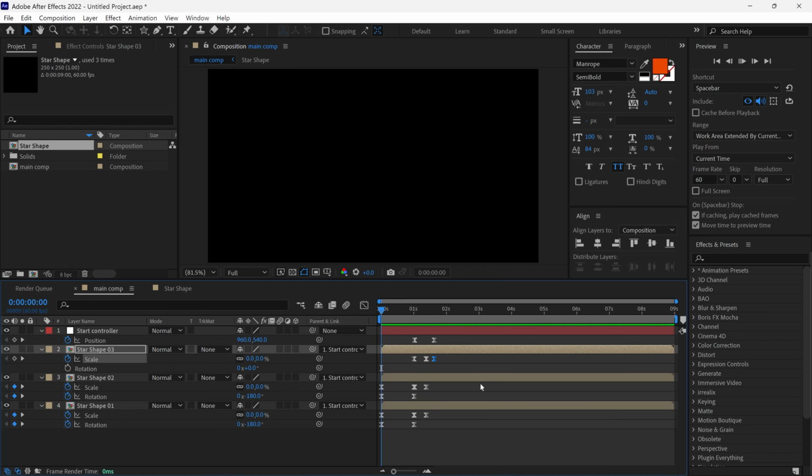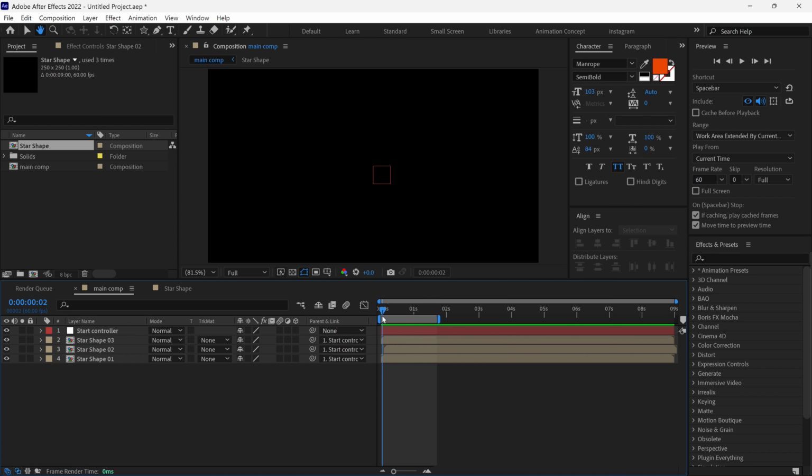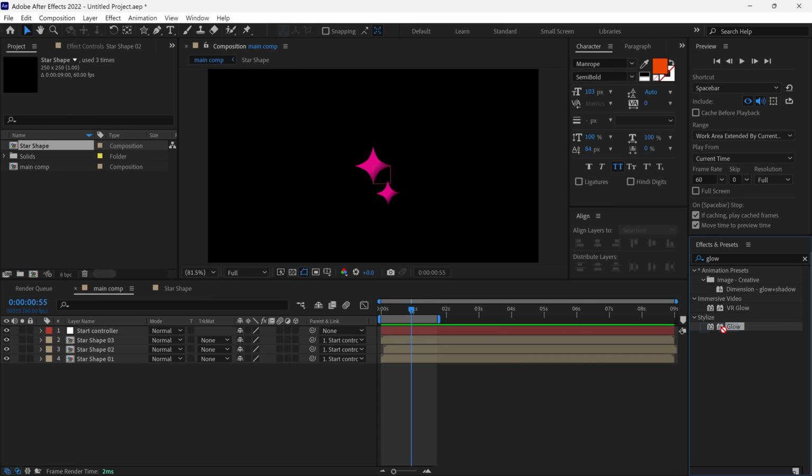Check preview. After that, I drag the Star 2 layer forward slightly to get a randomness. It's looking good. After that, I go to Effects panel and search a glow effect, and then add it to